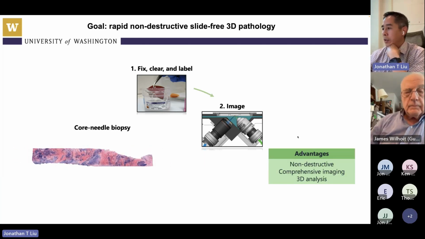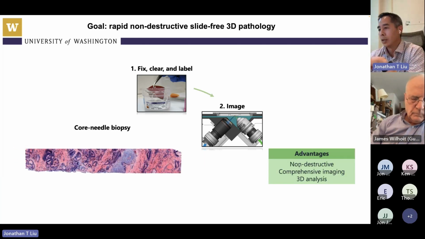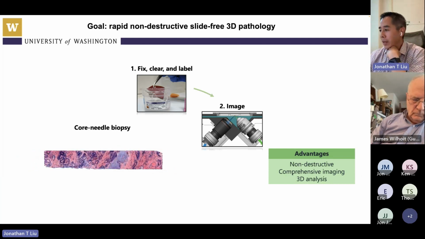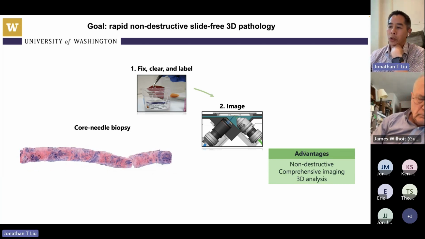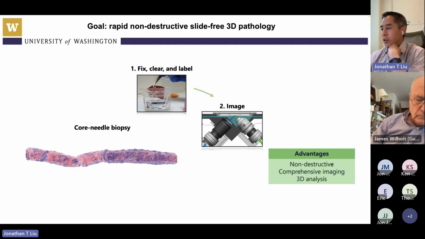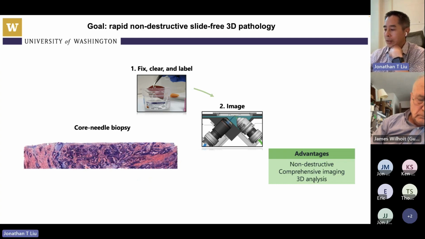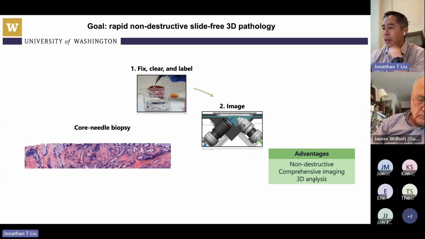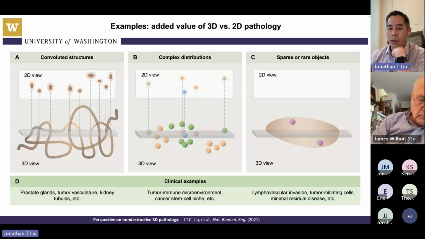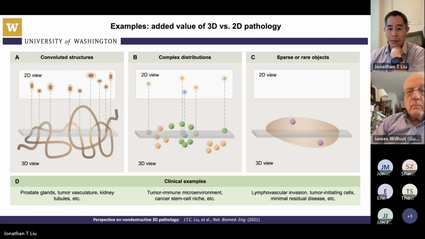The advantage of being able to do this is it's entirely non-destructive. We can image through 100% of the biopsy comprehensively without destroying any of the tissue. So we can give that tissue to other scientists wanting to do other types of tests. And we can image everything in 3 dimensions. So a question we often get from pathologists, we don't get this question from engineers. All you got to do is throw it in a